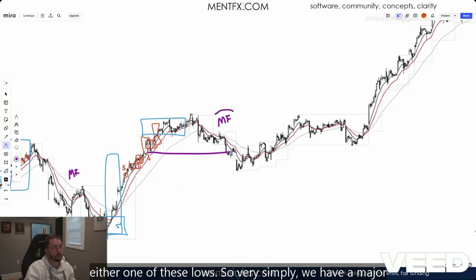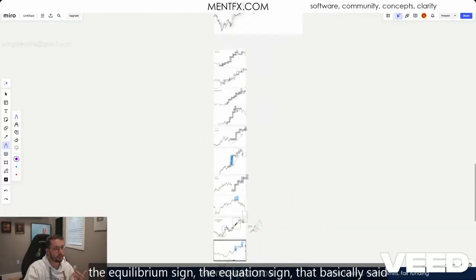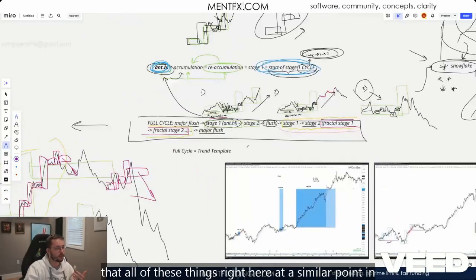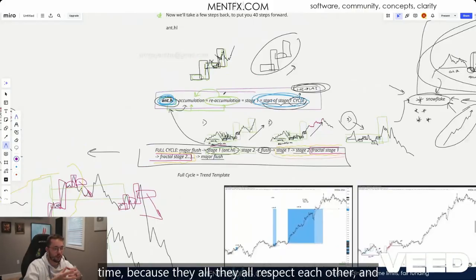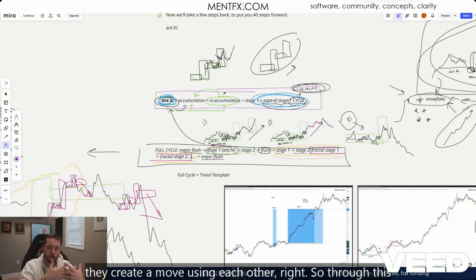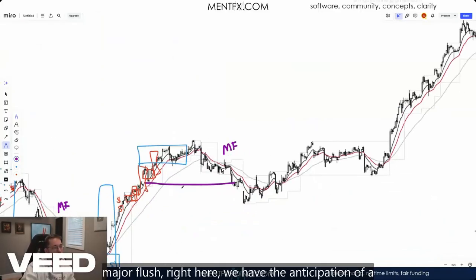So very simply, we have a major flush, which leads into, as we said before, and as we created the equilibrium sign, the equation sign, that basically said that all of these things right here act as similar points in time because they all respect each other and they create a move using each other, right? So through this major flush right here, we have the anticipation of a higher low created,